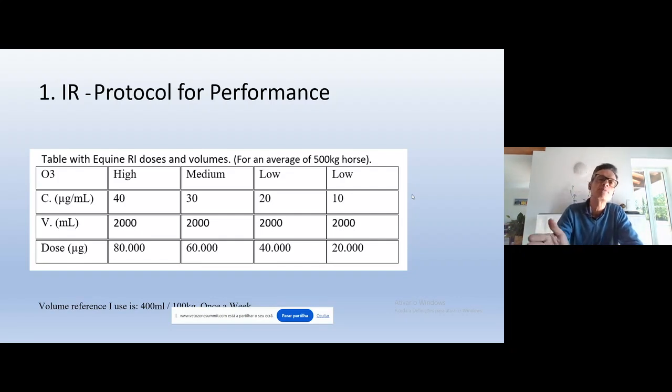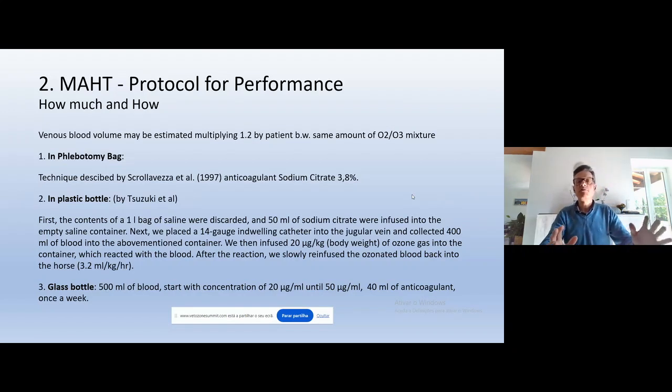By rule, I use 400 milliliters per each 100 kilos. And then I establish a protocol of increasing concentration, and that I have here, of course, the total dose. I'm going to try to be fast. In terms of major autohematotherapy, it's defined